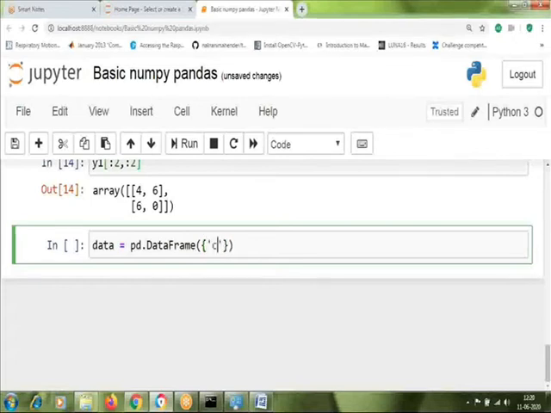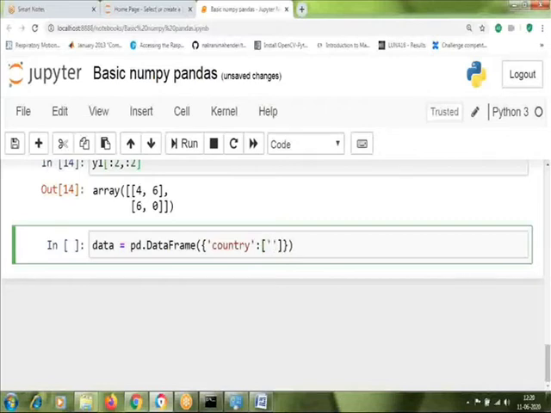Let's say we are going to create a data frame with country, some country names. First is the column name, country, then the values in that particular column in square brackets.